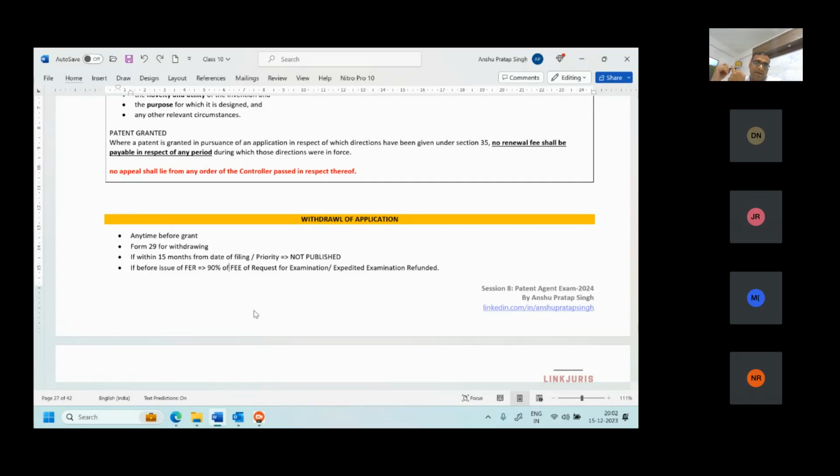Now you also remember 9, publication. Form 9 for publication. You go down, you remember 26, 28, 29, 30. Right? No problem there. And 25 also. You also remember 25, 26, 28, 29. Okay. So, which form is left? After 9, you have to go for examination. Double the 9, 18. Form 18 is for examination and 18A is for expedited examination.